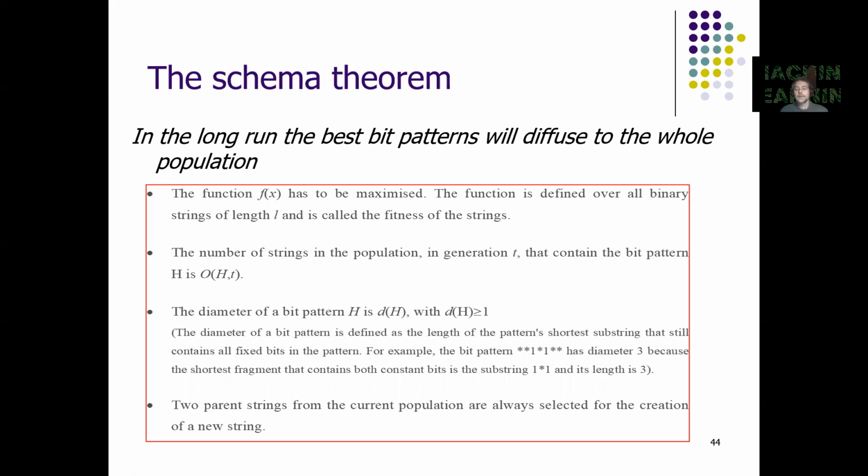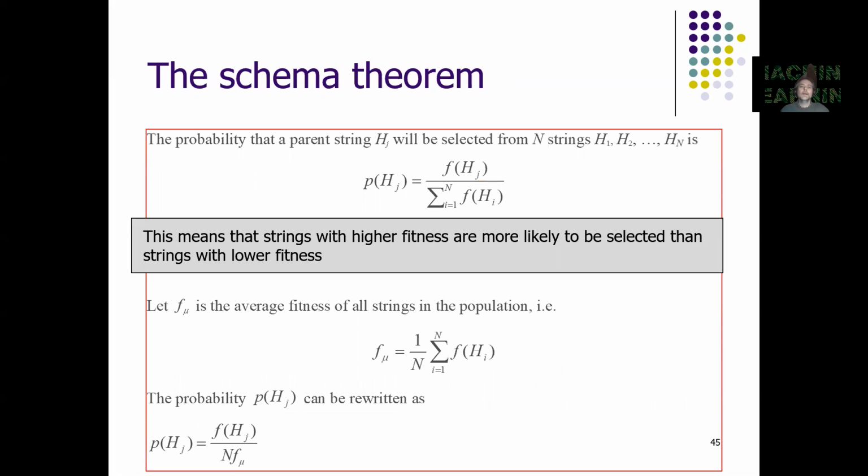And as I said, it uses this concept of schema to define a bit pattern, and it shows that by applying the different operators, crossover and mutation, although these work probabilistically, the best bit patterns will survive and will influence the way chromosomes are generated by reproduction, and the best bit pattern will diffuse to the whole population. So the whole population is going to improve gradually. Okay. So Holland managed to prove that,